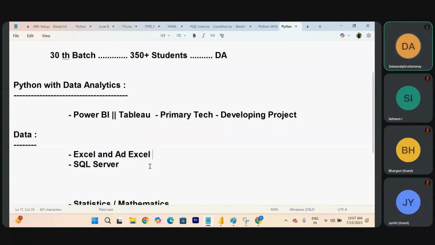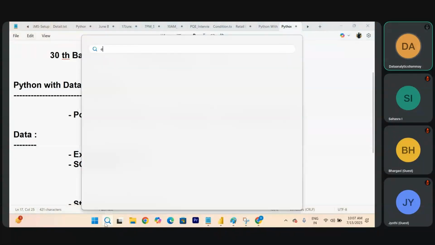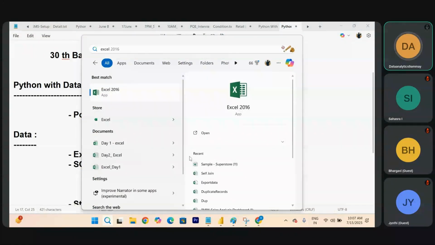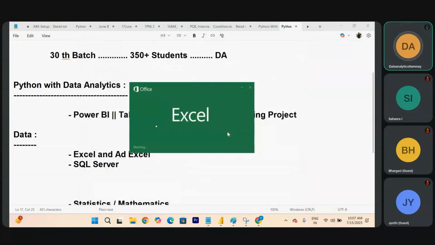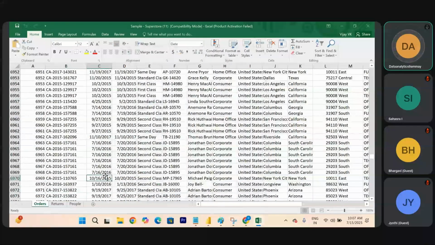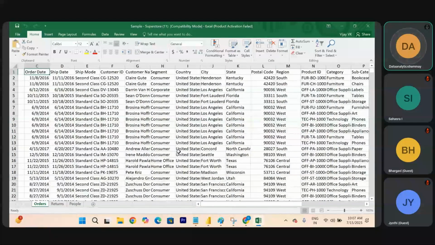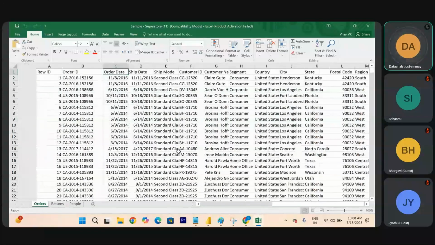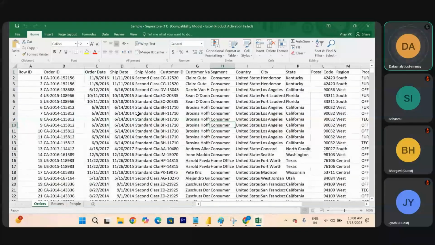This is Excel, let me open Excel in my files. So for example, this is my Excel. What does Excel contain? It also contains data, right? You might know about Excel somewhat from your school days, or at least have awareness of Excel from your college days. This is the data, right?